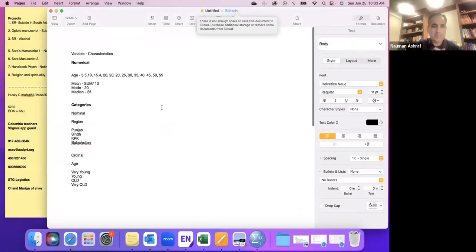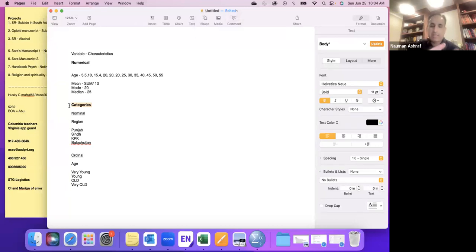So, a variable is a characteristic. Like we talked about, there are two broader types of variables. One is numerical, another is categorical. Just remember that this is just to make your job easier. Don't worry about the